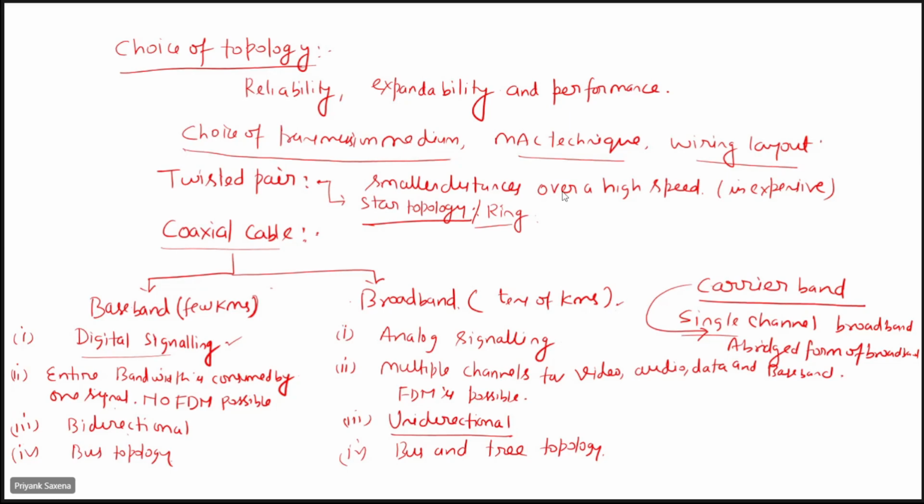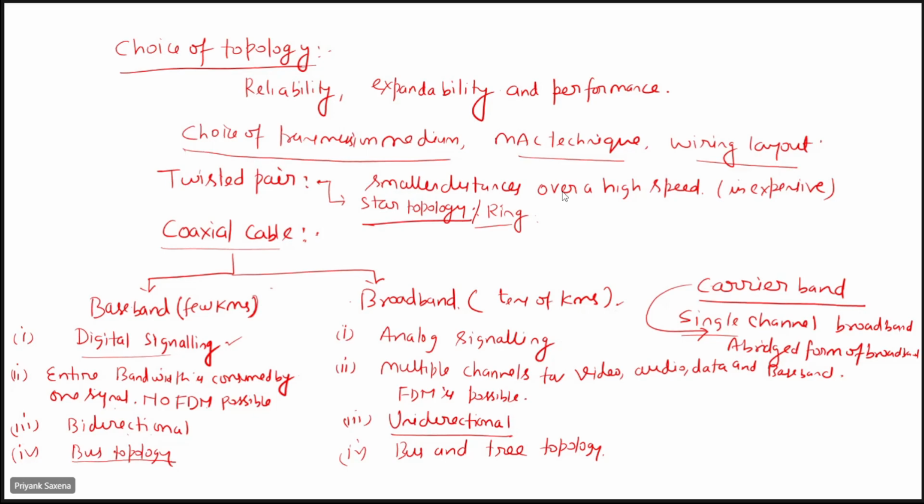No FDM is possible. Like in your TV, we watch many channels at the same time, but in a baseband cable the entire bandwidth is consumed by a single channel or one signal, right? No FDM possible. It is bidirectional in nature. In this baseband coaxial cable, the data transfer is bidirectional in nature, and it uses preferably bus topology,